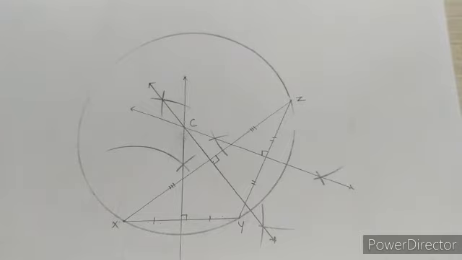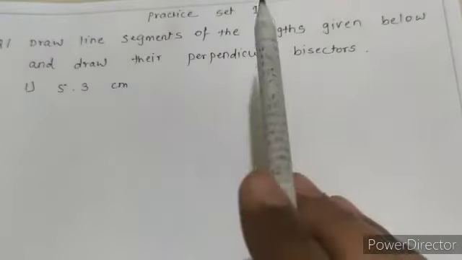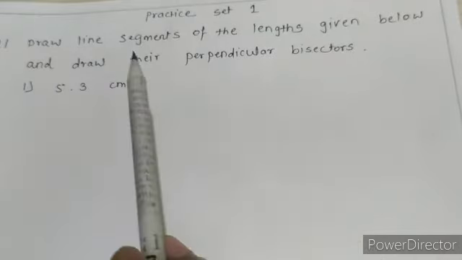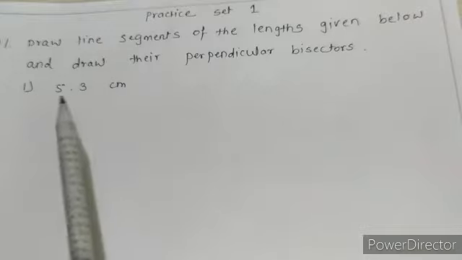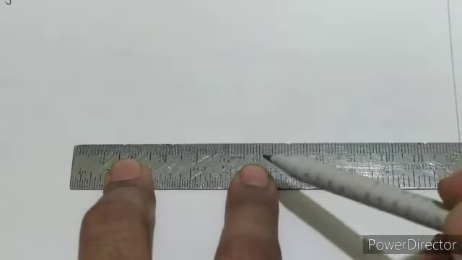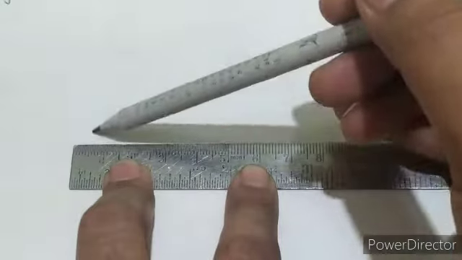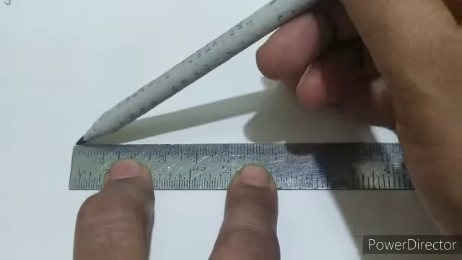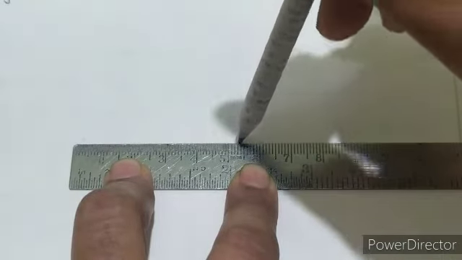Okay students, now let's solve practice set 1. Question 1. Draw line segments of the lengths given below and draw their perpendicular bisectors. First is 5.3 cm. For drawing the line segment of 5.3 cm, take a ruler and draw a segment of 5.3 cm. This is 5.3 cm. Now take the compass